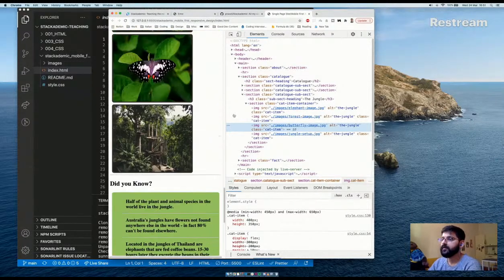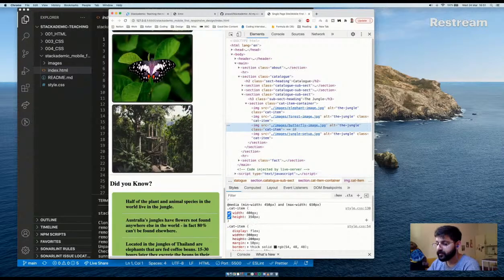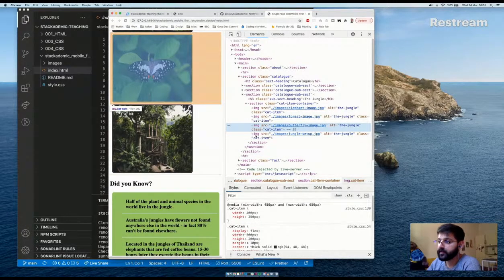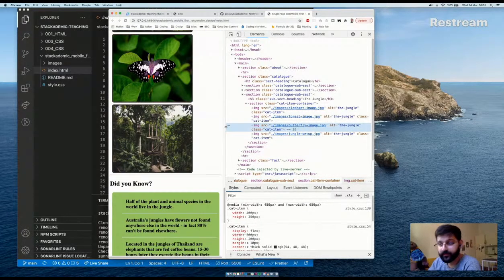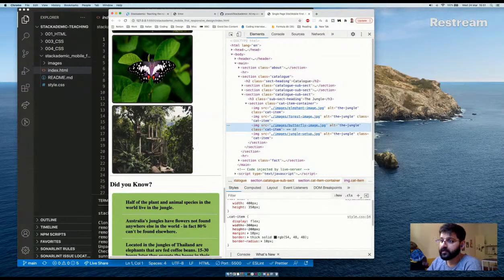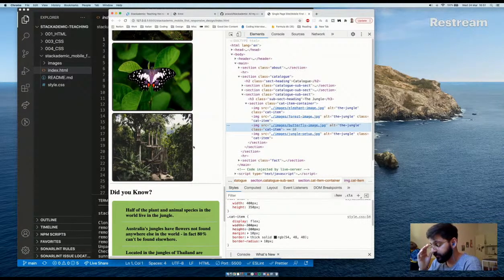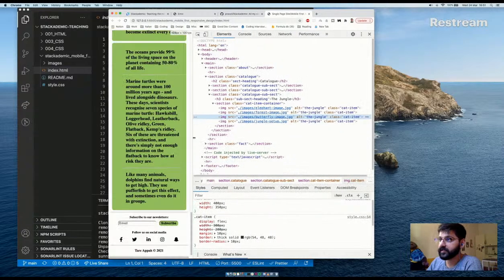Right. So I can see here some of these images, you're using pixel width on them and pixel height. So for anybody who can remember what we mentioned in a previous lesson, in the responsive lesson, actually, when you're using images, always put max width 100% on it. The reason is because we'll see here,